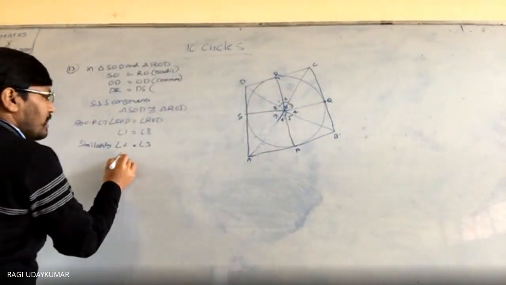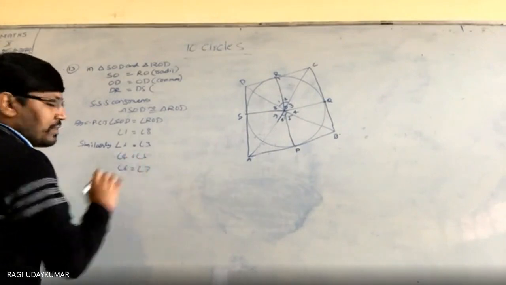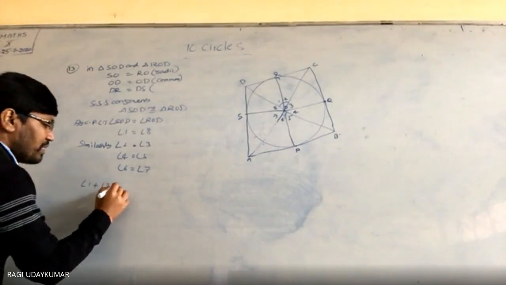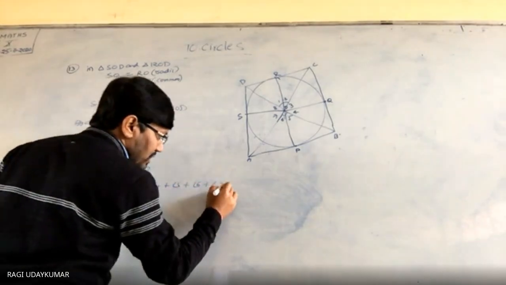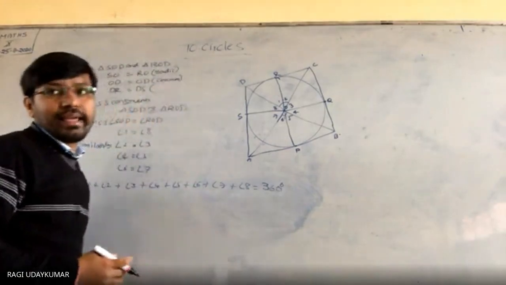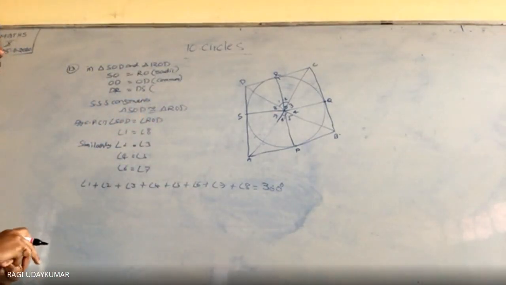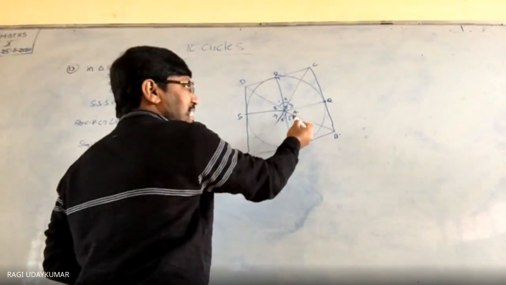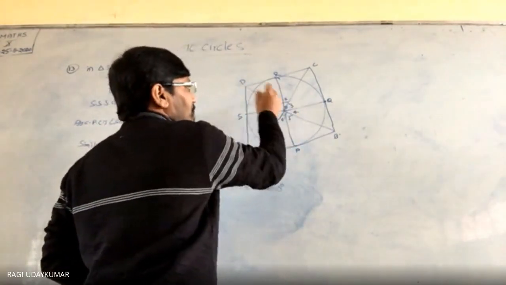Angle 2 equal to 3. Angle 4 is equal to angle 5. Angle 6 is equal to angle 7. And the sum of all the angles, angle 1 plus angle 2 plus angle 3 plus angle 4 plus angle 5 plus angle 6 plus angle 7 plus angle 8 is equal to 360 degrees, because they are central angles. And here, what do we need to prove? We need to prove that either 7 plus 8 plus 3 plus 5 is equal to 180, or 6 plus 5 or 1 plus 2 is equal to 180.